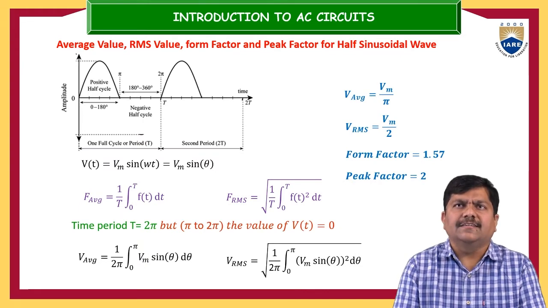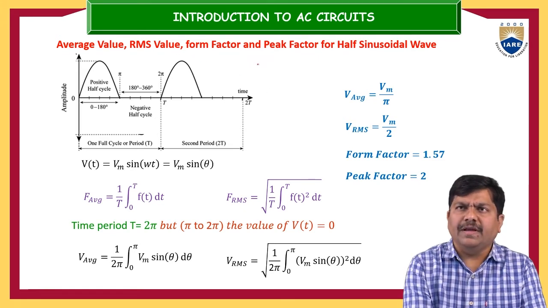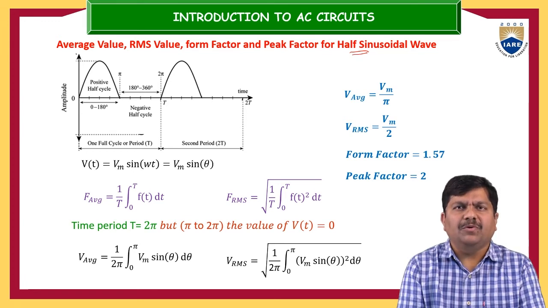Similarly, let us extend the same discussion by taking another waveform, the half sinusoidal waveform. It is sometimes also called the output of a half-wave rectifier. We want the average value, RMS value, form factor and peak factor for the half sinusoidal waveform, which we get from the half-wave rectifier. If the waveform is like this, how are we going to calculate the average value, RMS value, peak factor